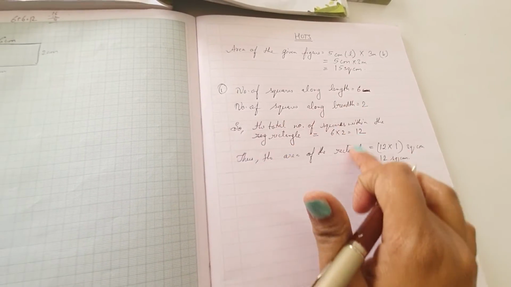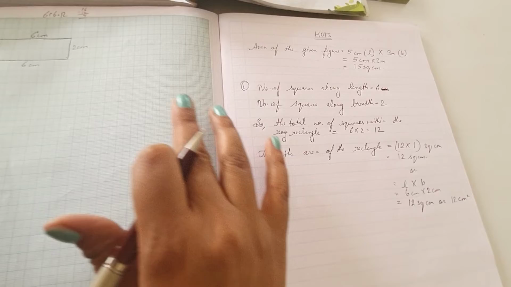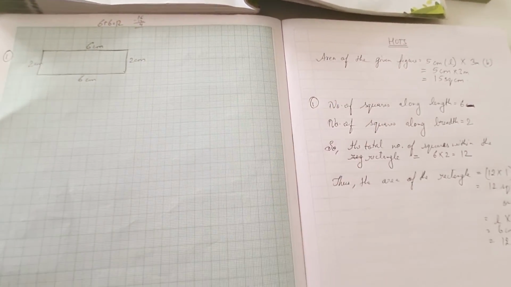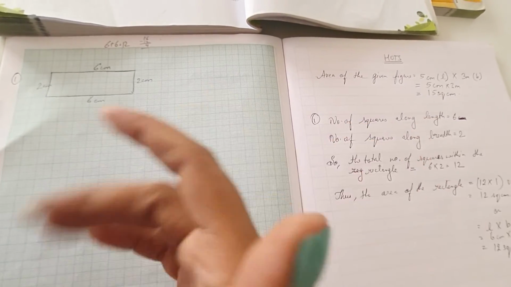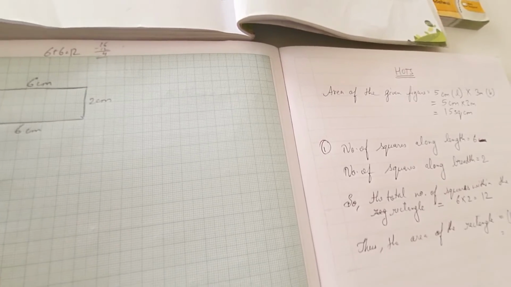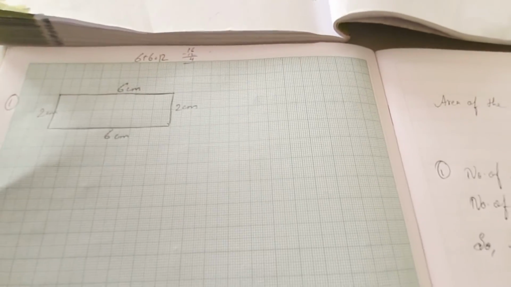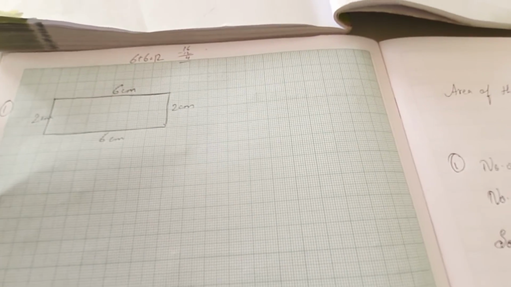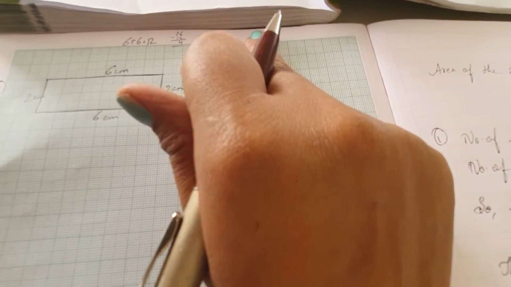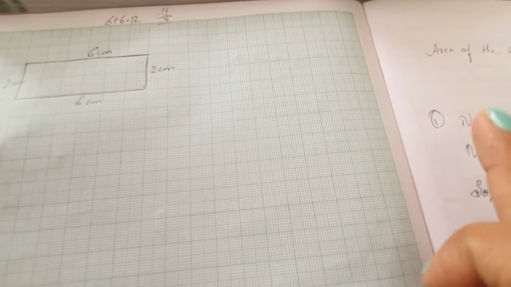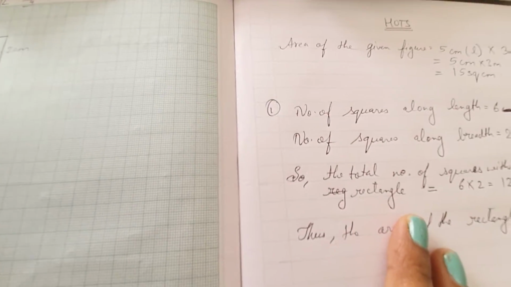So you see the difference. The perimeter may remain the same, but the area gets different with the shape of the region, the shape of the covered region, that is the outer boundary. That means you can't say that if two plots are there and their perimeters are the same, the area will also be the same. Okay, so for this it has been given here.